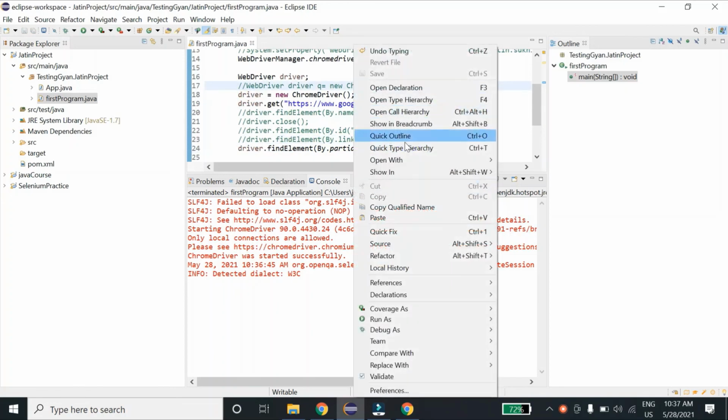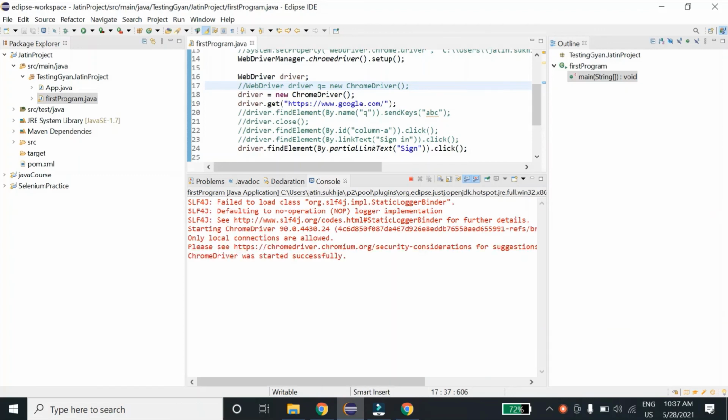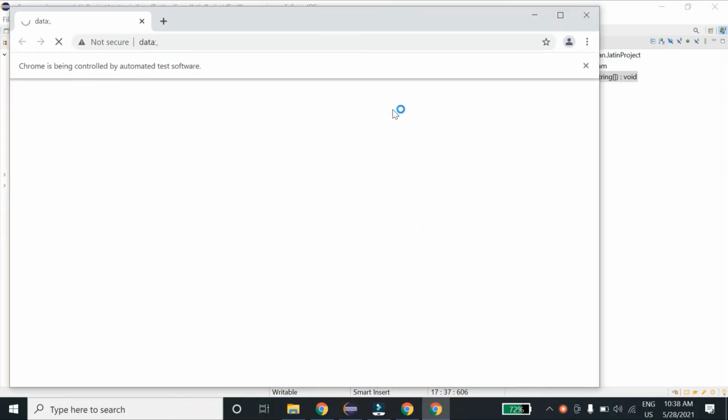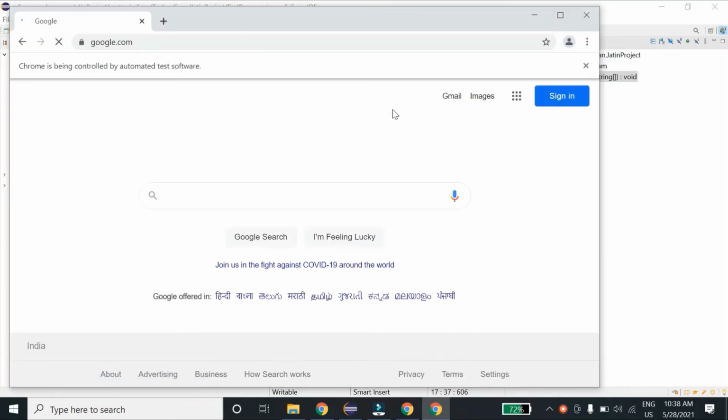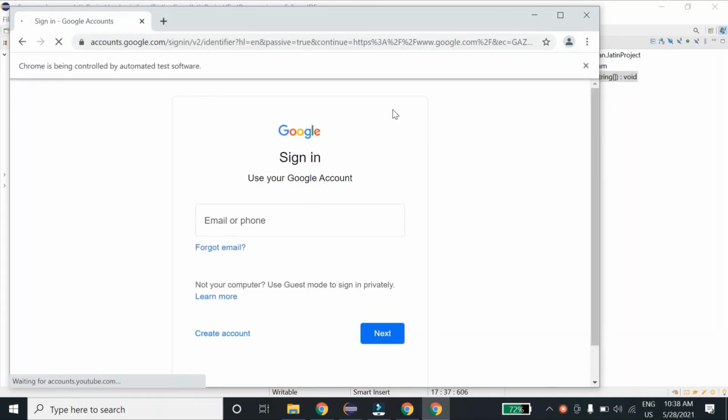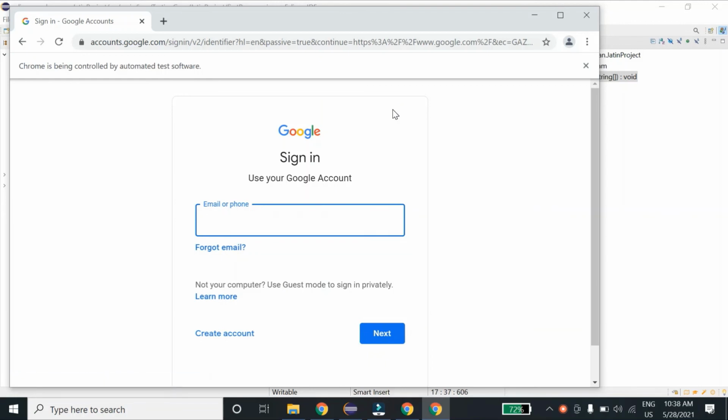And let's see whether this time it is clicking on it or not. As you can see over here, even if I pass the partial text, it is clicking on it.